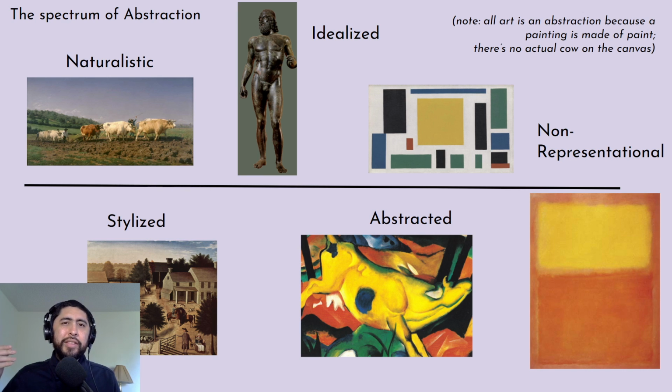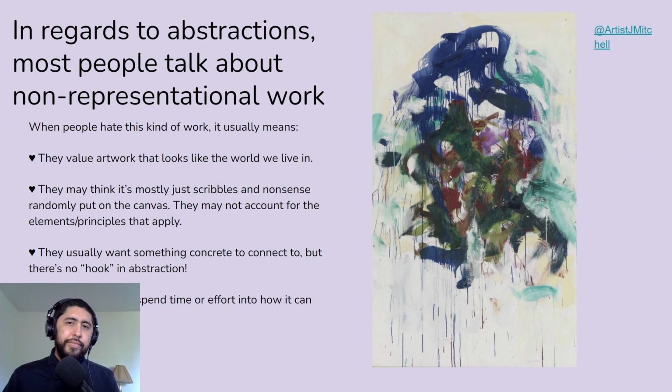So, in a sense, if you really, really break it down, this naturalistic painting is an abstraction of the real world. It's trying to represent the real world, but it can never actually be that. See Baudrillard for that. Don't remember that name. He's ridiculous. All right, so the reason we're talking about this is when we talk about abstractions, most